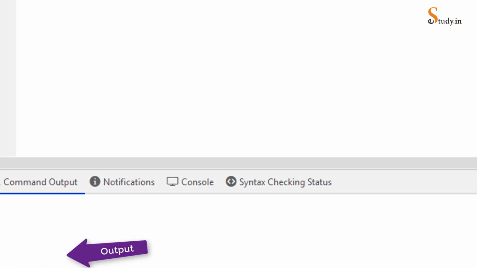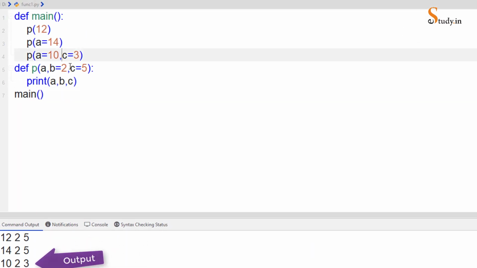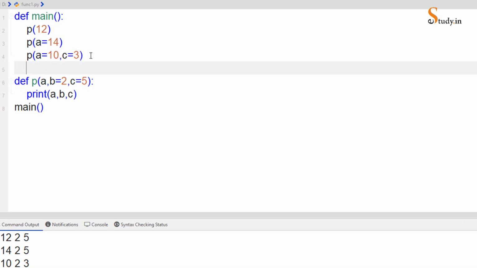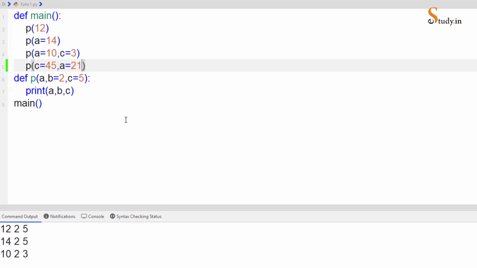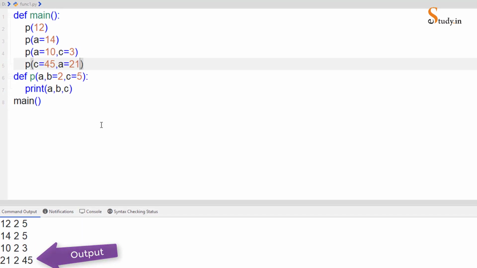When we run it, it knows, because we're specifying the names of the arguments, so the order will not make any difference. Now similarly, if I make a call to the function where I first pass the value of c, and then we pass the value of a, as I said, the order will not make any difference. If we run it, we will still get the output, so there is no error here. As long as we specify the correct names, the order will not make any difference.